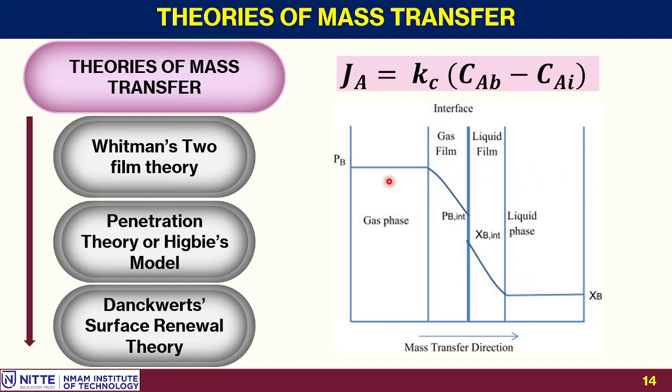When the gas phase and the liquid phase come in contact with each other, there exists a small thin film layer. Near that surface, there exists a small film. A thin film will exist on the gas side as well as the liquid side. The interface you can observe in between these two film layers. Across this film, the mass transfer, in fact diffusion, takes place. Overall, the gas phase is moving, the liquid phase is moving, or the gas or liquid could be static. In whichever case, there exists a film that is static.